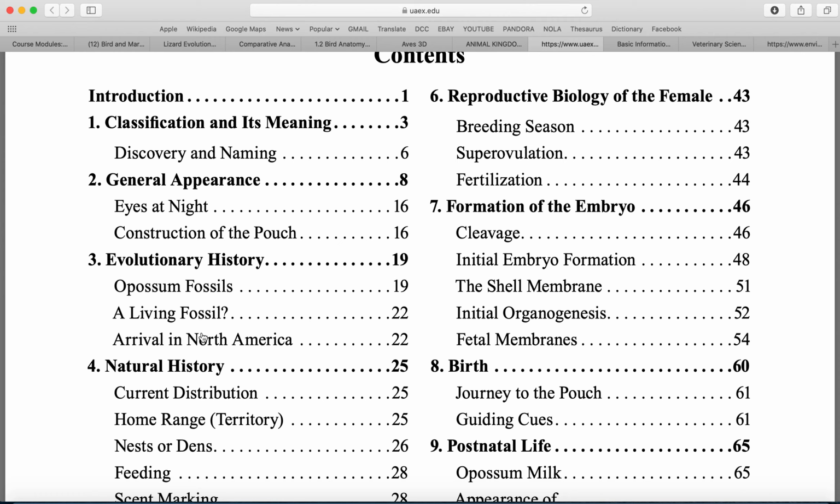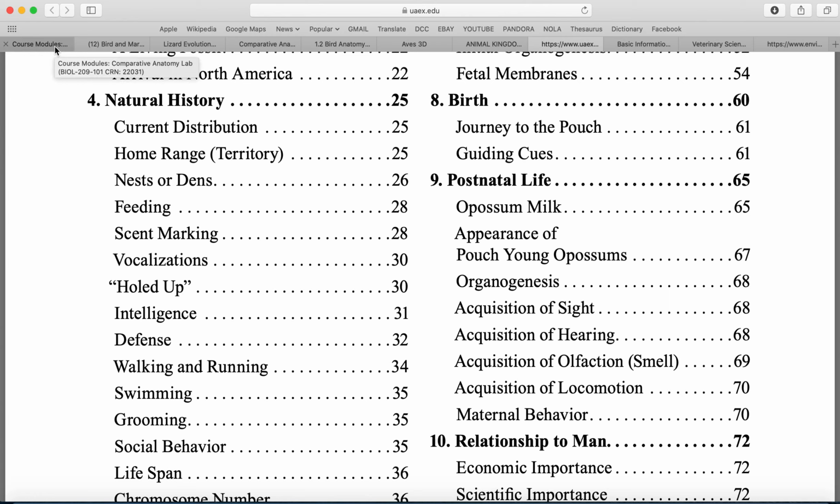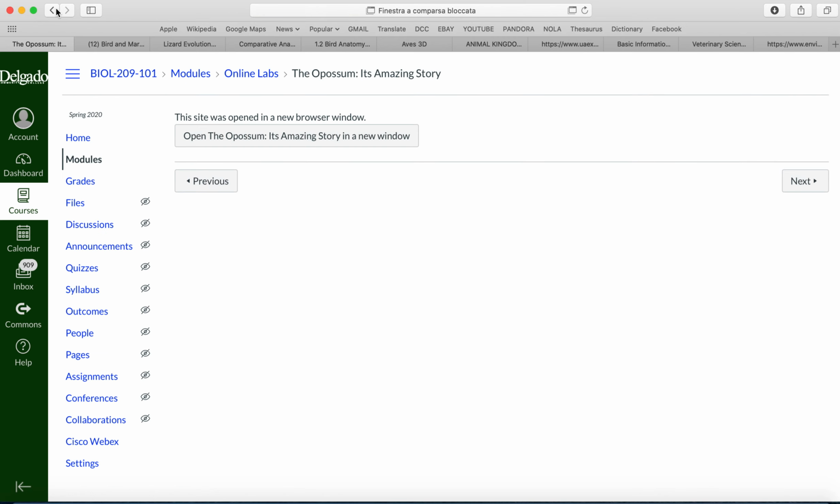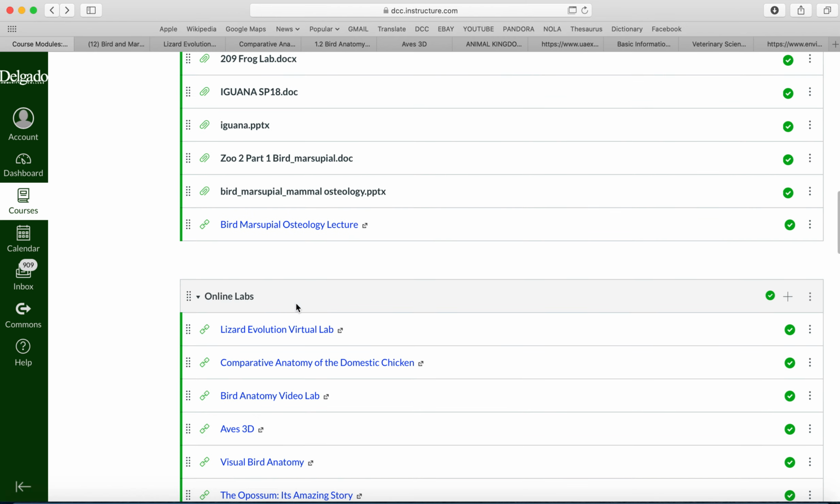Again, you're not going to have time to read all of it, so skim through it, but find the parts that you're interested in, because when you make something interesting to yourself, it's easier to learn about. So the anatomy is going to sink in better when you hear some interesting facts about it. So that's that document. The next one that we're going to look at here is